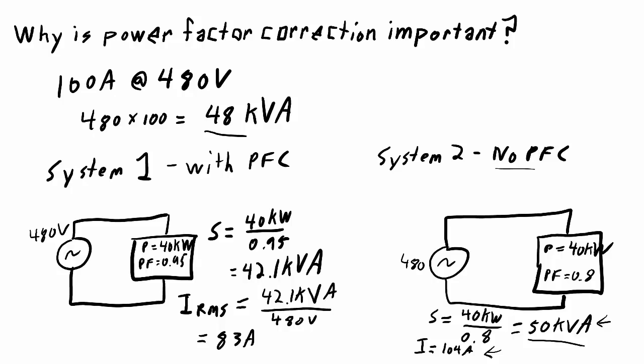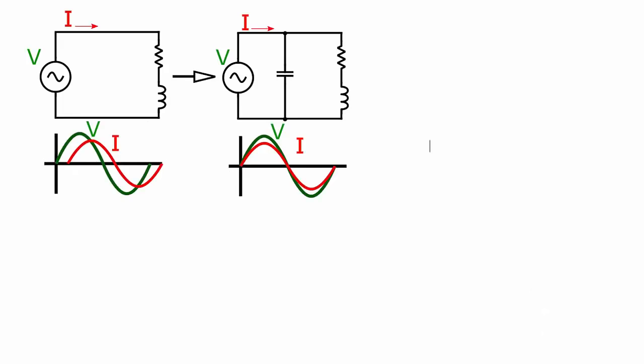So by adding this power factor correction, you're able to have a system that delivers the 40 kilowatts and keeps the apparent power under the rated requirement. At its most basic, power factor correction involves adding a reactive load to counteract the reactive load in the circuit. So in this circuit over here, the inductor is the reactive load, so the power factor is going to be fairly low, but I can introduce power factor correction by adding this capacitor, which will counteract the reactive power